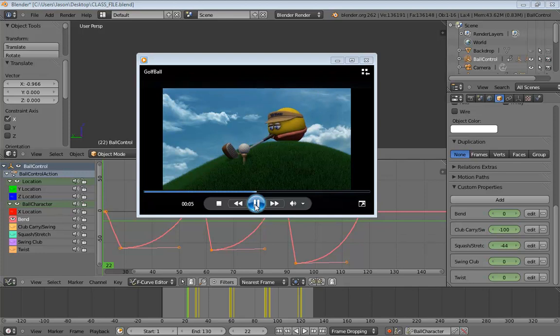All right, he's going to look down. The club will go into position. He'll do a swing, and he'll just kind of watch it go off into the distance, and the club will come back around. Now, I will make sure that this video, if it hasn't already, gets put up for everybody to watch as a reference. You should already have your animatics, though, and that should make things a little easier. So, this is what you're responsible for, basically creating all of this motion. Are there any questions?